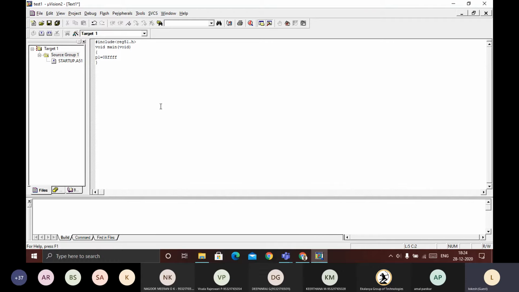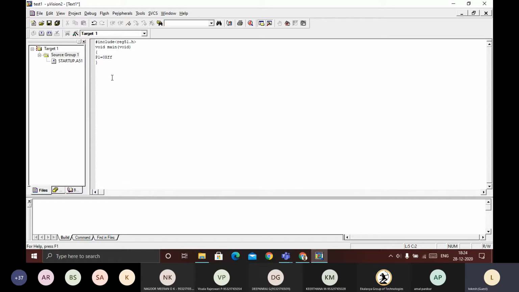You can write down any program. I have given a simple program. The program uses FF only because it is 8-bit data. The use of this program is simply to send all the ones to port 1. Sorry, and one more thing, you need to write a capital P1 here.